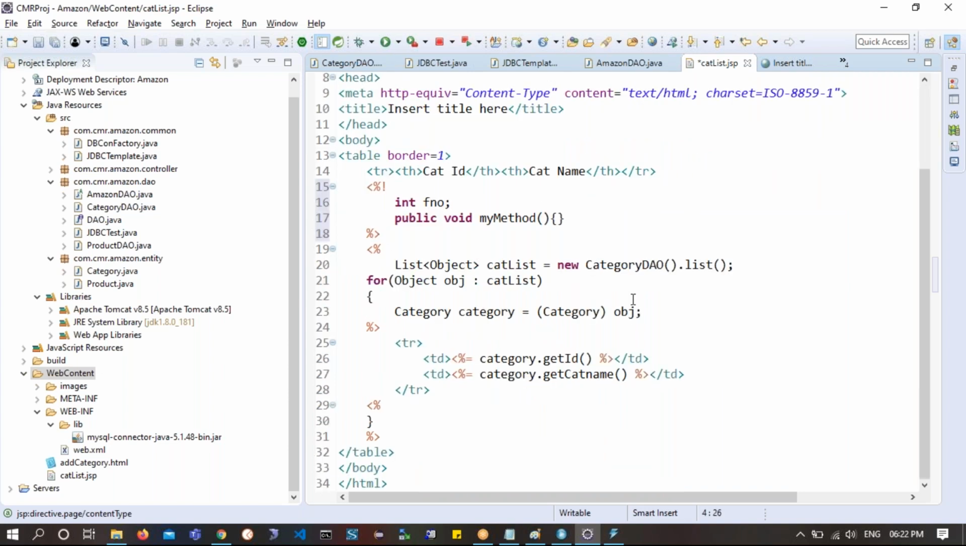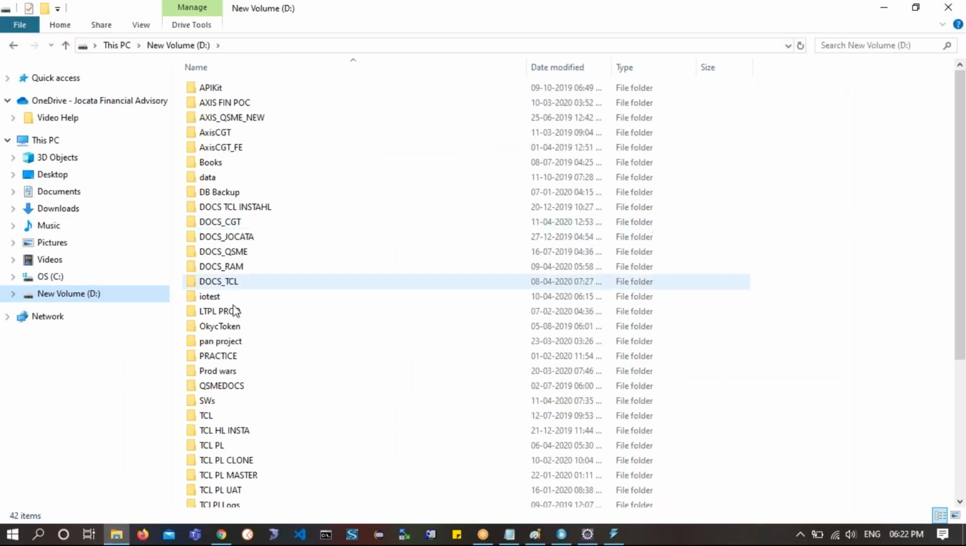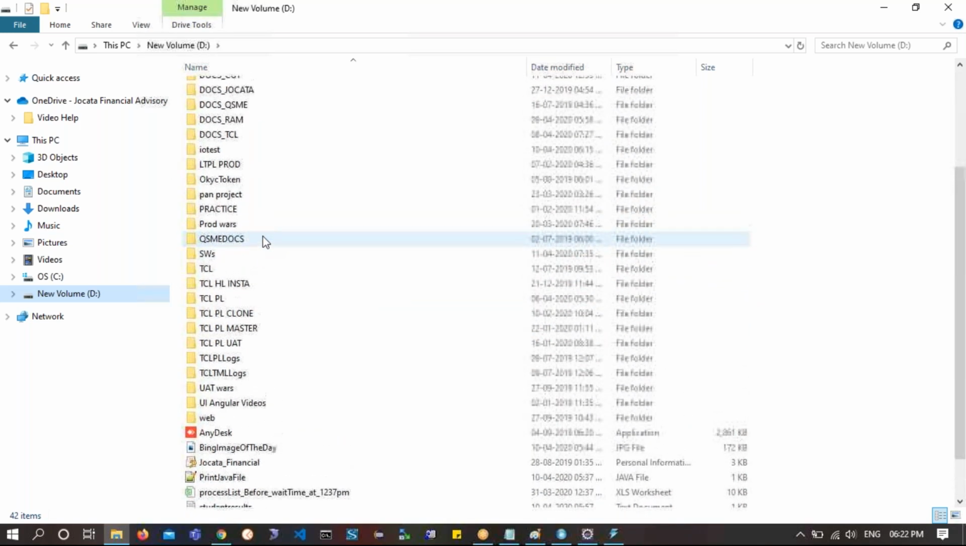You being a Java developer, many people will say JSP is out of scope. No, nothing is like that. Many people are there where they wanted to showcase many projects. Even in our project we have only JSP pages shown as outputs. So here I'll show you. There is an Axis Bank project, and you have Axis CGT. Do you see anything called as Axis CGT over here? Axis,